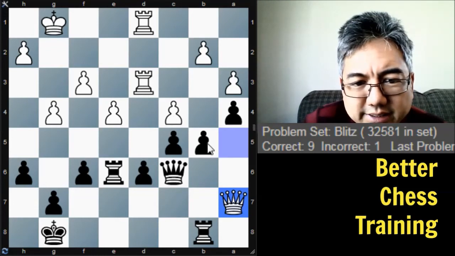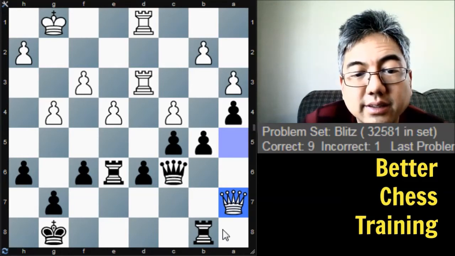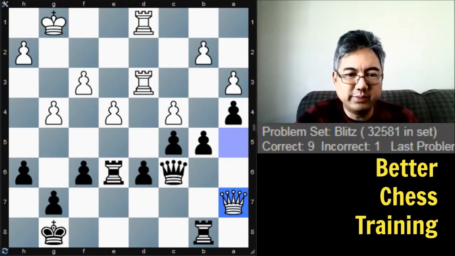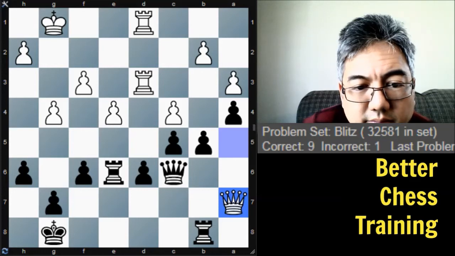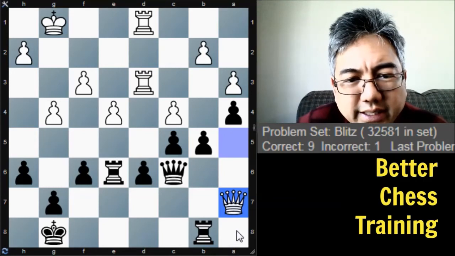But if he plays this, then what? Do I just take it? It doesn't look like I'm winning any material there. Rook to a8 seems to be the answer, but